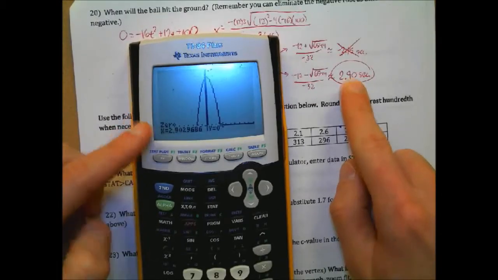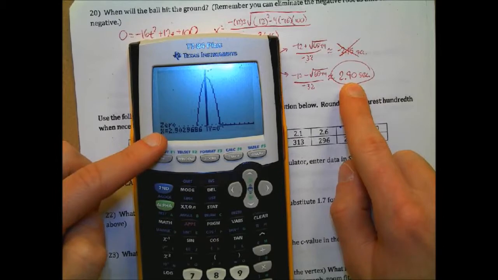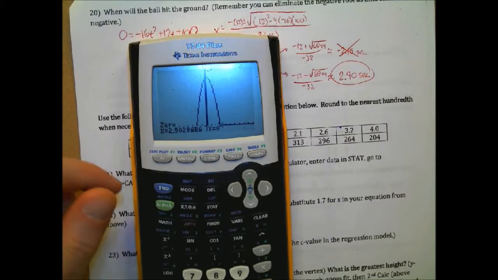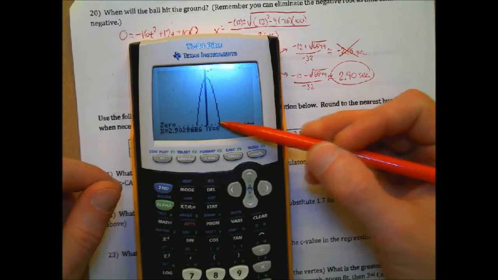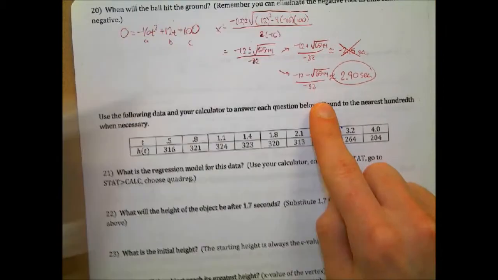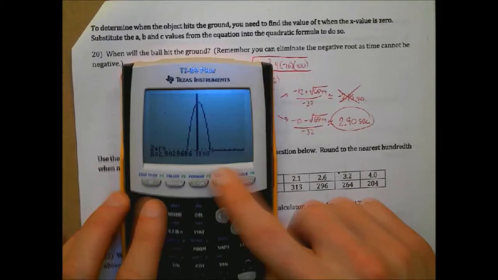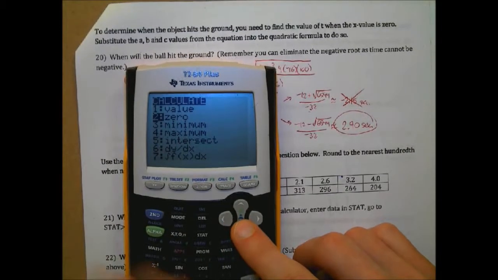Same exact answer here, folks. Okay? You can ignore this 0 over here, right, this 0 right here, because it's negative, right? It's going to be a negative x value. So just use the positive one. Okay, or you can use quadratic formula. Your choice. What's that? Second trace 0. Okay? All right. Now,